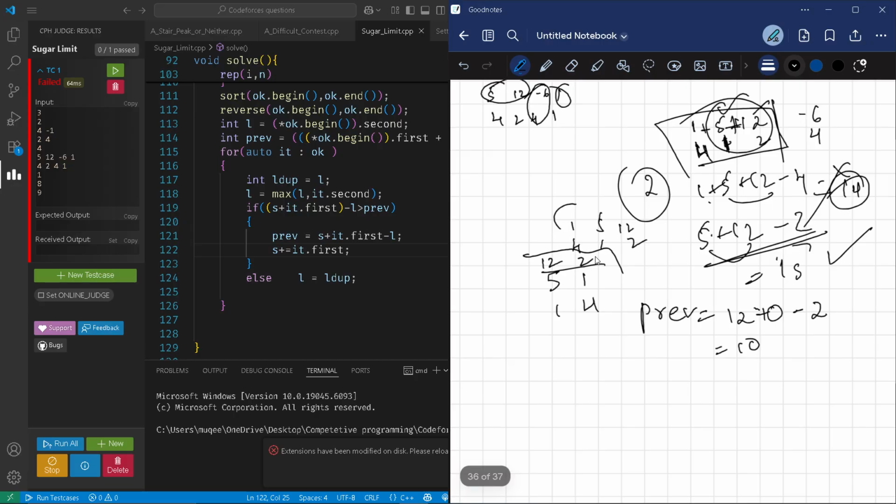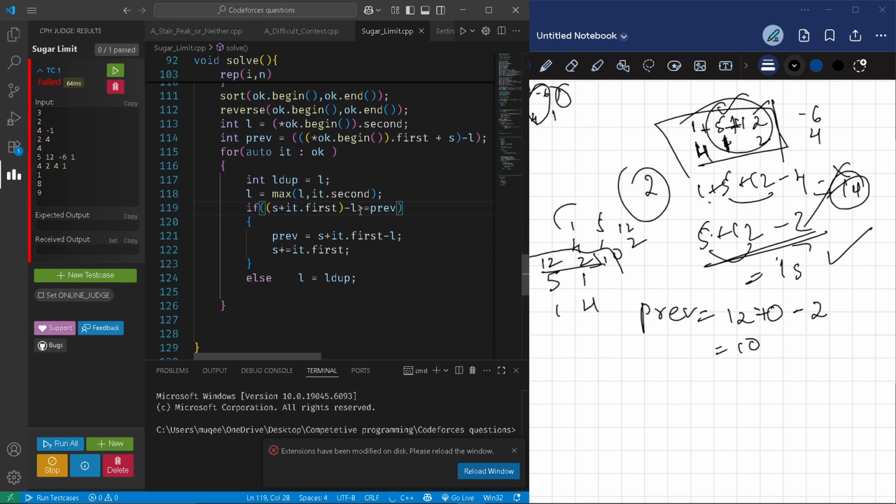Now I will do this thing. If 10 is greater than 10, no. And if this thing is obeyed, then I'll just add this thing and do this,